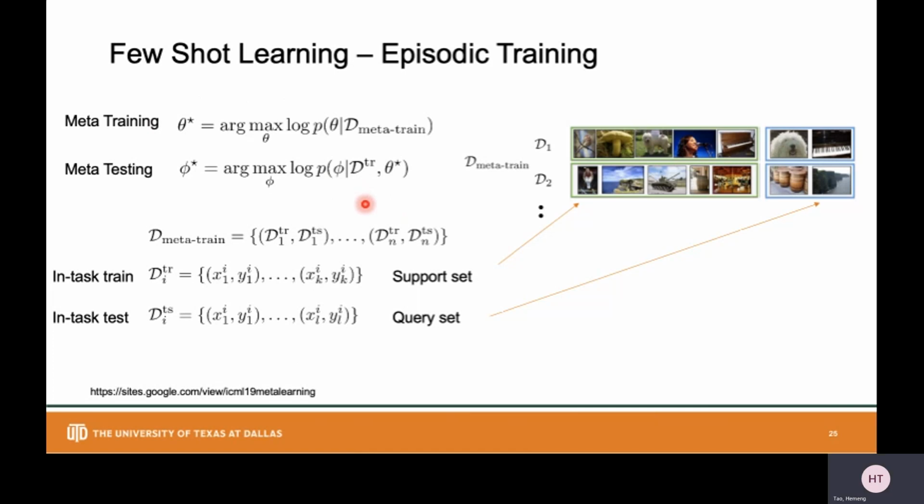Here each meta-train set Di will be further divided into D train and D test for each class, serving as a training and test set as in normal supervised learning. You can see for each task, they still have the training and test data. To distinguish from the meta-train and meta-test sets, we call them support and query examples. The support set is shown in the green box, and the query set is shown in the blue box. They are actually for training and testing purposes for each of the tasks.